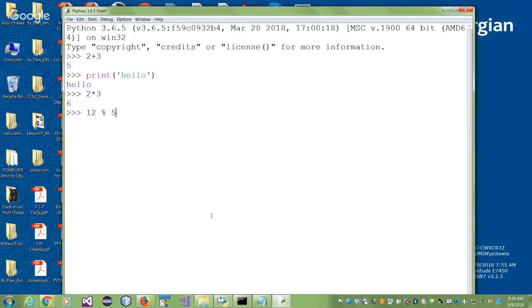There are 5 operators in math that you can work with, of which you'll be familiar with most of them. That's the addition, that's the subtraction. There are 2 divisions: you have a division with 2 slashes and a division with 1 slash. I'll just show you the difference. And then there is the percentage. These are the mathematical, arithmetic operators that are available in Python. The plus adds them, the multiplication multiplies them, the modulus gives the remainder. So when you divide 12 by 5, what you are left with is the modulus operator.